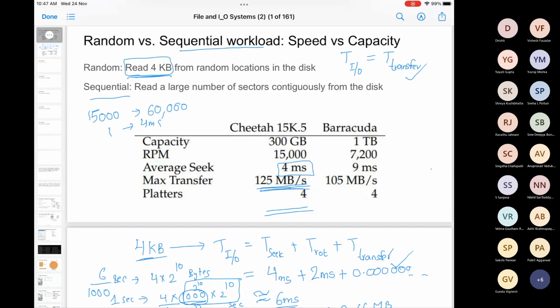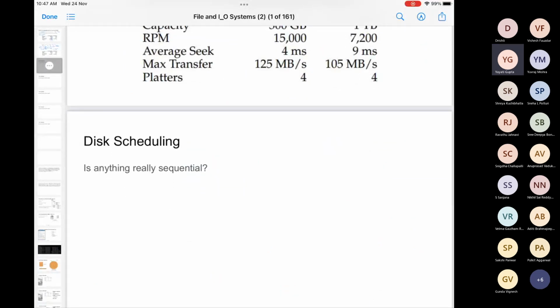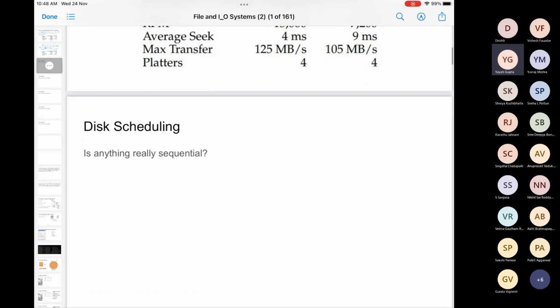So assuming that most of the time our workloads will be random, if you look at the read write head, it will be moving up and down all the time, right? It will be doing one seek in one track, and then another seek in another track. So there will be a whole lot of seek time added here. Generally, as we discussed, seek time is much larger than your rotation time. So considering the seek time, the objective of the operating system now becomes to reduce this seek time as much as possible. So let's see how we can reduce the seek time.